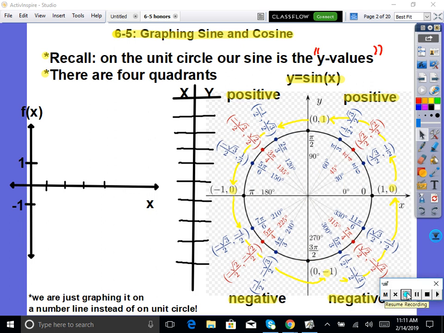Okay, so today we're going to be graphing sine and cosine. Let's first focus on graphing sine. Now remember, recall on the unit circle, these are exact values for sine and cosine. Because we're focusing on sine first,